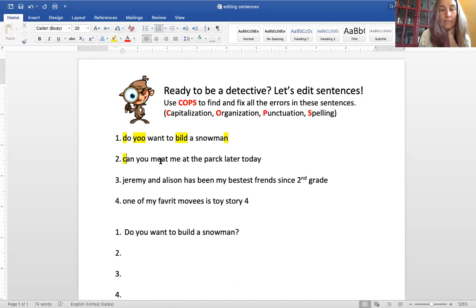Can you meet? Whoa, wait a minute, meat? I know this is meat, but this is the kind of meat that many people eat that comes from an animal. So this is not the right meat because in this sentence, meeting you at a park means you're getting together. So can you meet me at the park? Ooh, park is not following spelling rules here. I know that CK only goes at the end of a short vowel, short word, and R is not a short vowel sound. So that will be spelled differently. Later